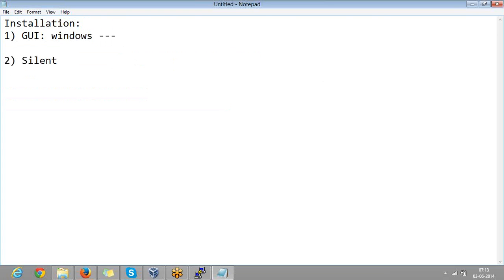For that, what you have to do is go to the path where the WAS software is. Inside that, we have a folder by name WAS. Inside that, we have setup.jar or install.exe. By executing either setup.jar or install.exe, we can do the installation of the WebSphere application server using